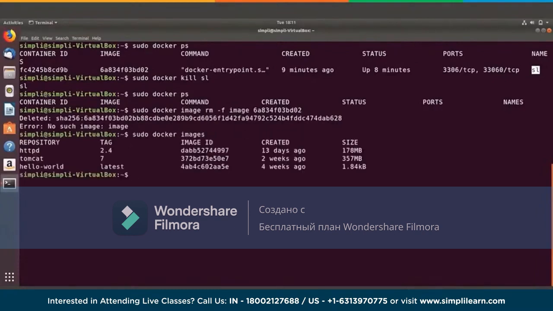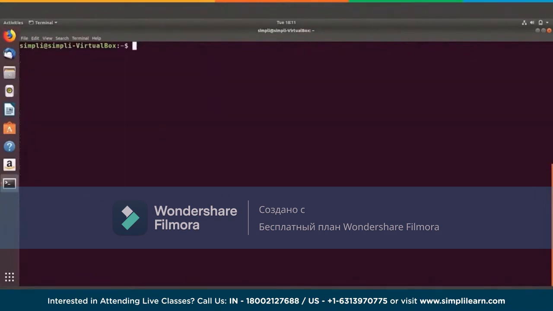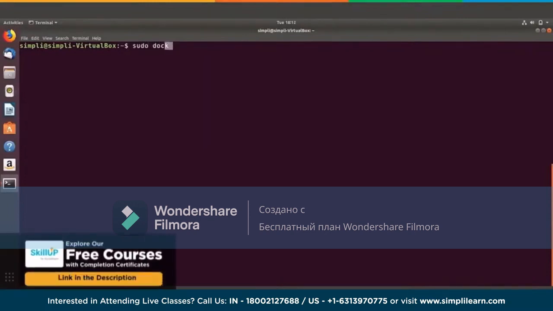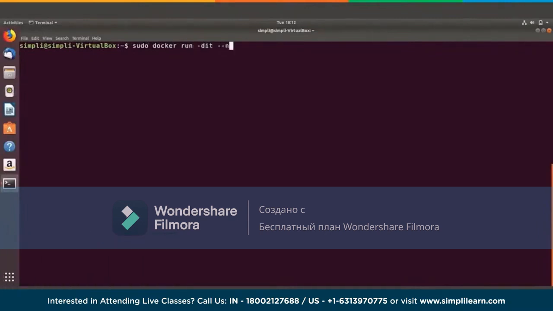Okay, let's go ahead onto the next exercise. Here we are, we've listed all of the containers and they're all gone. So let's go on to the final exercise, which is to actually create an Apache HTTP image. So let's go ahead and write that out. So it's going to be docker run -dit --name white. That's going to be the name of this HTTP service. -p 8080:80